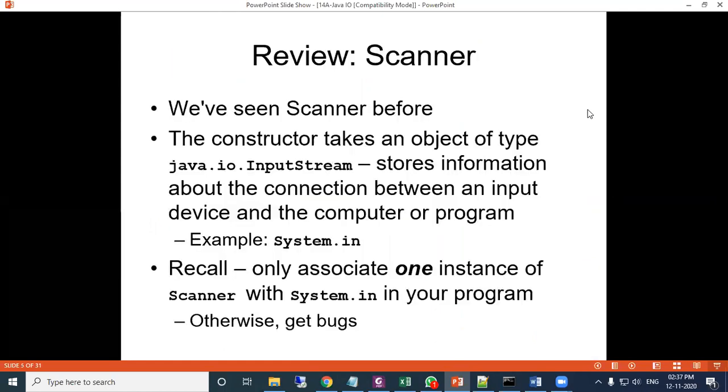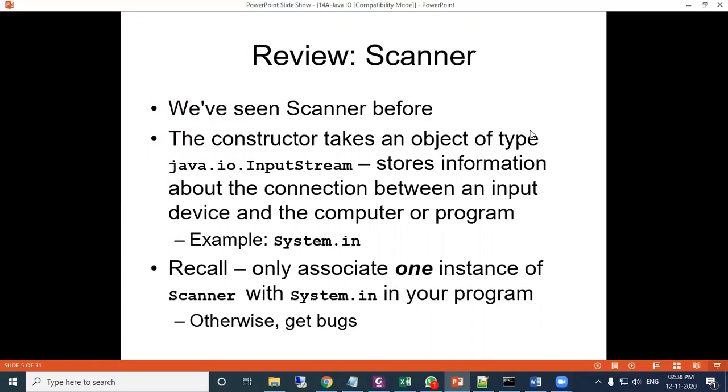We will review the Scanner class, which we have already used. The Scanner class is used for input purposes.